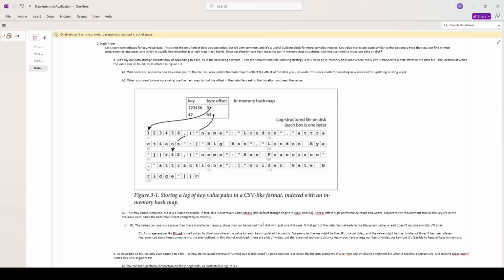For this indexing strategy, you use that memory, and the programming language, to implement the data structure in memory, and use the byte offset in the disk to